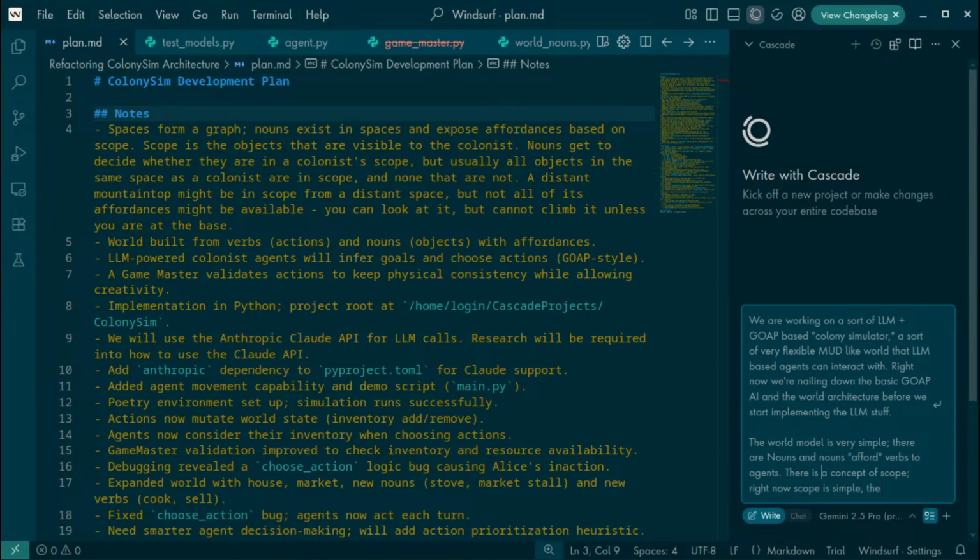The nouns can contain each other. Right now, there is only one kind of containment, one very abstract kind of containment. We will have to... you know what? I won't...